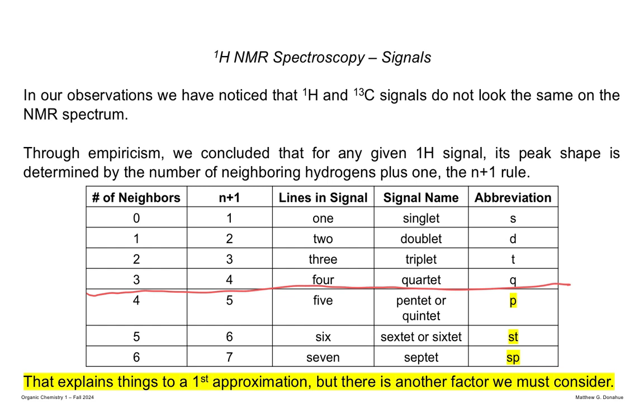When you get below that, notice you have a lot of neighbors, and then things increase. That gets kind of rare. And so we're going to delve deeper into that and really looking at as well the line intensities from that Pascal's triangle. And then ultimately coupling constants. So there's a lot more we have to interpret with proton. So we'll wrap up on that